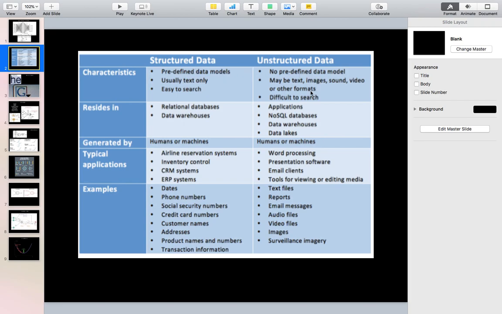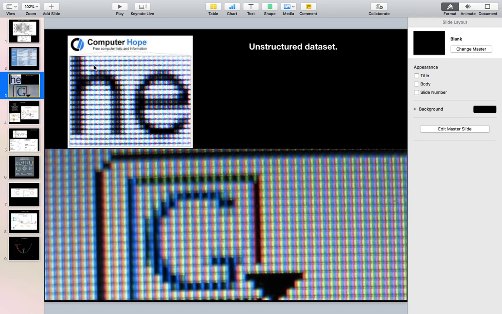But when you go on to images, texts, sounds, videos, these are unstructured data sets. There is no predefined data model for that, right? So what we do is, you can see other residues in applications, then NoSQL databases, word processing, presentation software. These are the examples: phone numbers are structured data sets, and text, report, audio, video are unstructured data sets. If you see this image in this unstructured data set, we have pixels, right? These are the pixels here, and these pixels can be considered as features.